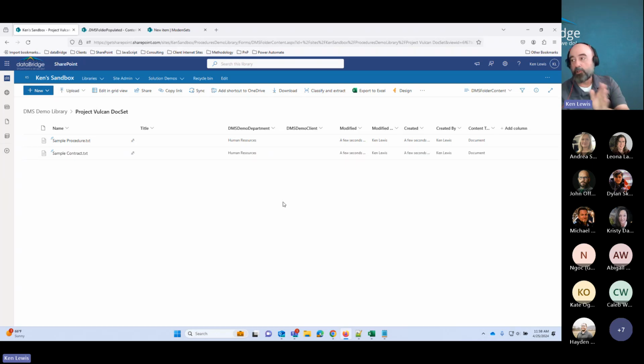They go to this site for this library, and then they add a document set for a particular activity, and they set the metadata values, and they're good to go. Because the columns for something on the order of the department and then the team could have been set by default in the content type, because you could set that document set content type as defaulting to Human Resources, and then say it's the hiring team, and then you have a specific project, and that project could be the candidate that you're hiring. And so that third column would be dynamic, and you would be able to just pick that,